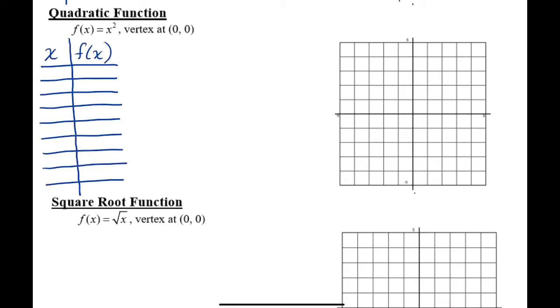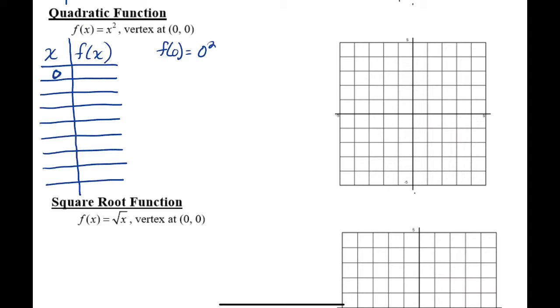Okay, so I made my table of values here, or I set up my table. And notice, when I set up the table, I didn't just set up the table for like 2 or 3 values. It's not one of those linear equations. It's not going to be a linear graph where 2 or 3 points will be enough. We want to have several points to graph so that we get a general idea of what the shape of the graph, or the shape of the function, is going to look like. Starting out with 0 is always a good place to start. So let's say if I had a function of 0,